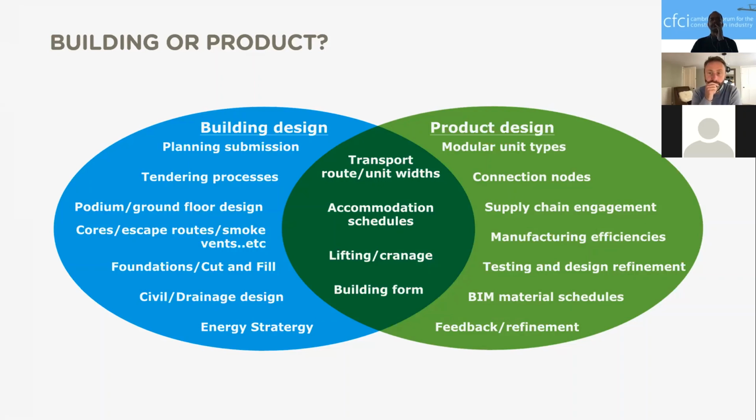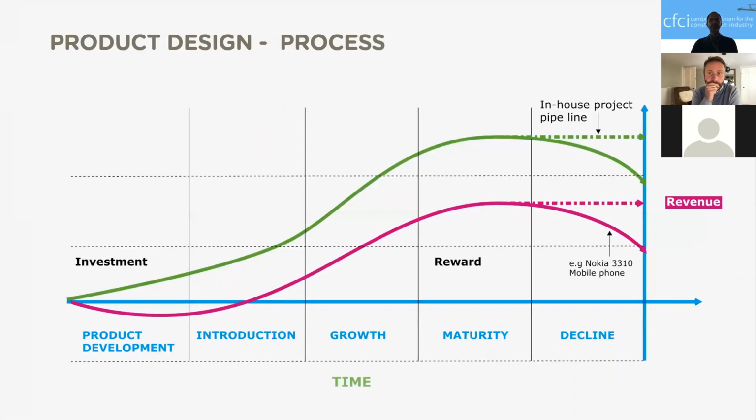And so maybe we need to think about it in a slightly different manner: well, what does the cycle of a product look like? And this is taken from a standard technical industry map of how they develop